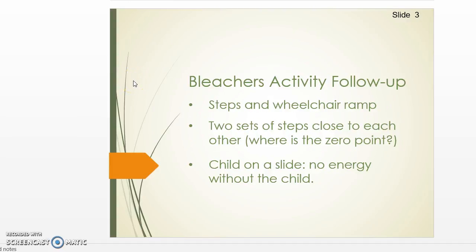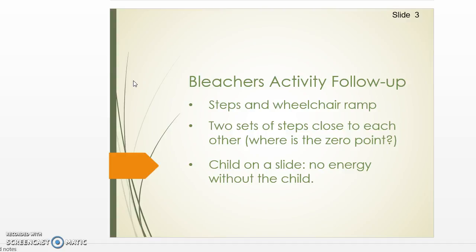Alright, first up, the bleachers activity, which I really liked. I thought that was a very good physical activity for developing the concept of electric potential. So what I was thinking about was, once the basic concepts have been established, how we could follow that activity up. And a couple of things I thought of was, at my workplace we've got some steps and we have